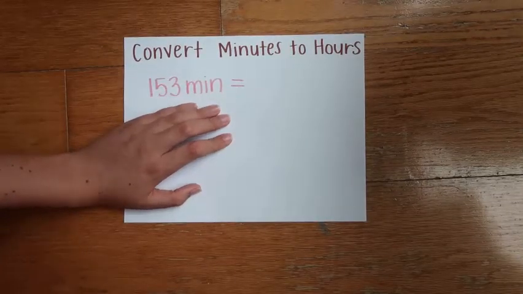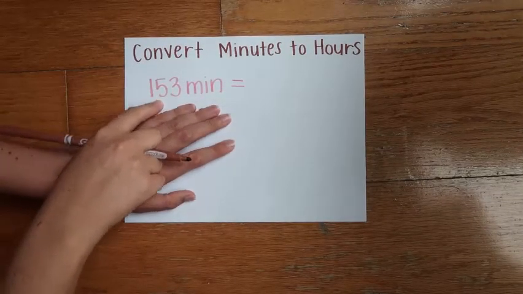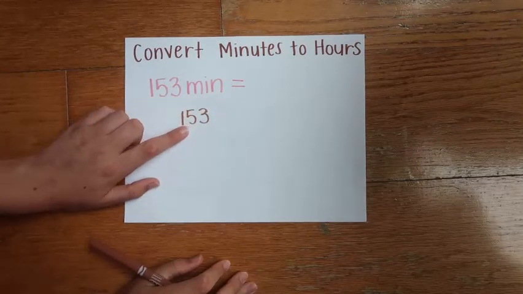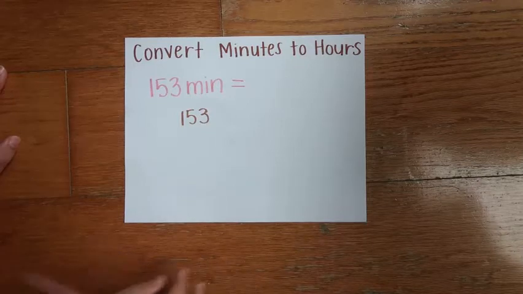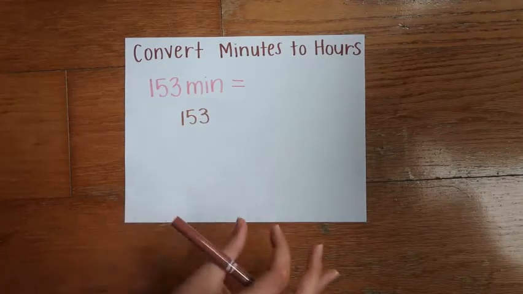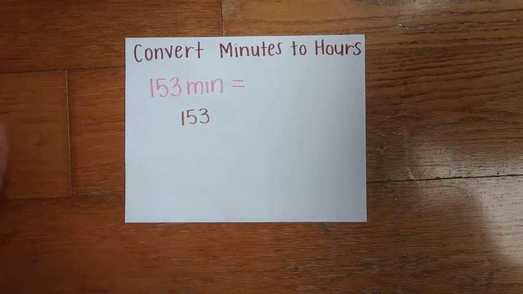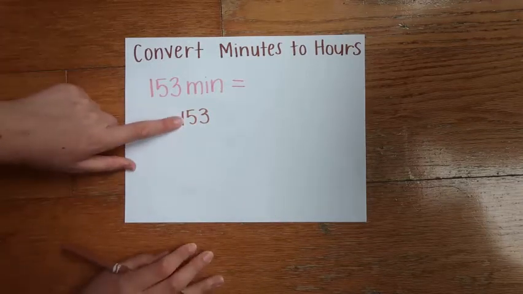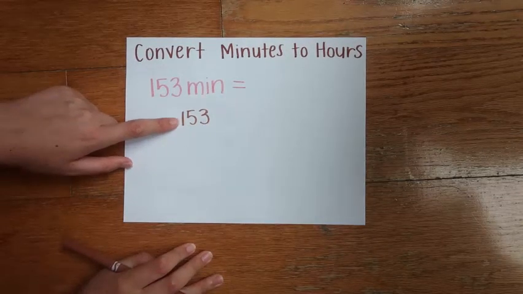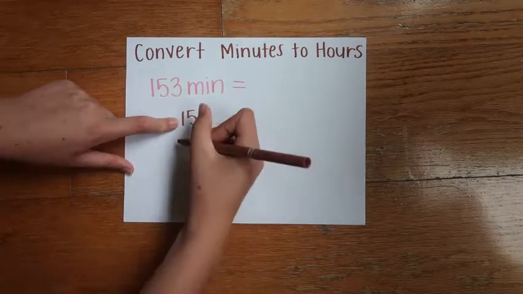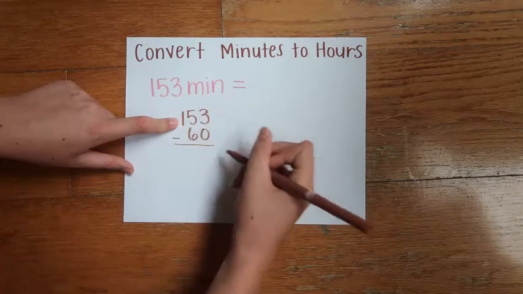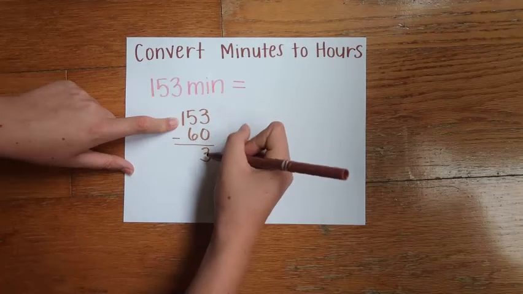Alright, so we're going to start with converting minutes to hours, specifically 153 minutes into hours. So I'm going to start by writing 153 here, and I'm going to slowly start to figure out how many hours there are within that. And so I'm going to ask myself, alright, is there an hour in here? Or in other words, are there 60 minutes in 153 minutes? Could I take away 1 hour? And I can. I can take away 60 from 153 and I'd be left with